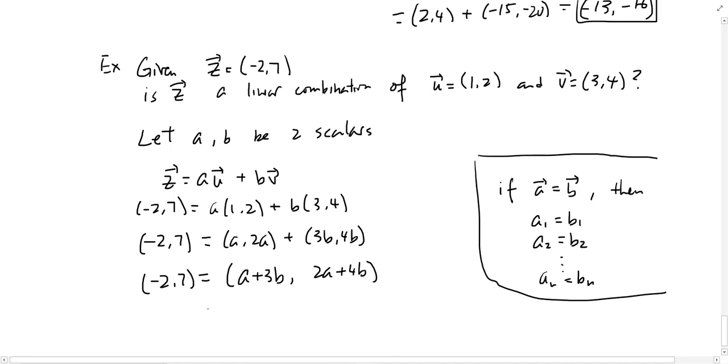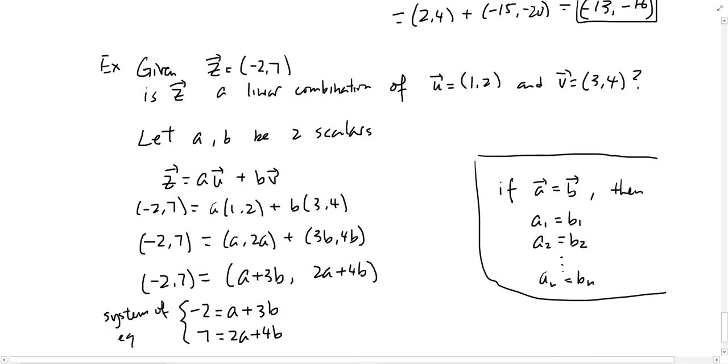Important to realize what happened right now is that by looking at this vector equation right here and knowing the left and the right are the same, that implies that negative 2 must equal A plus 3B, and 7 must equal 2A plus 4B. And this results in a system